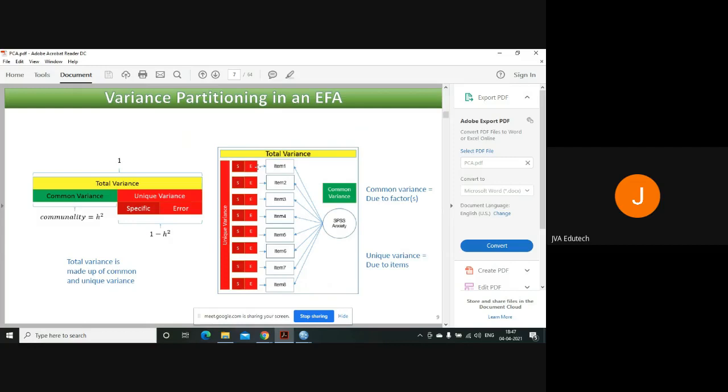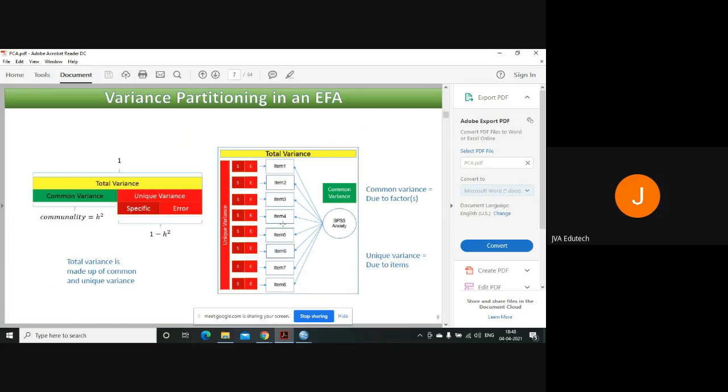So once again, I am explaining to you the common variance and the unique variance. Total variance, you understand, is the total 100% of the variance that is explained about SPSS anxiety. Common variance is the amount of variance that is shared among the set of items. So all these items are sharing a common variance, explaining SPSS anxiety. If items are highly correlated with each other, then they will share a lot of common variance.